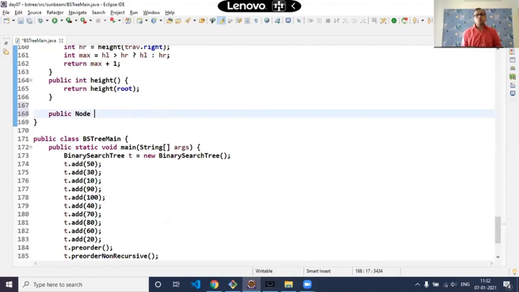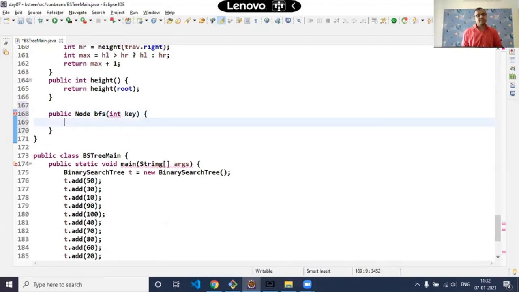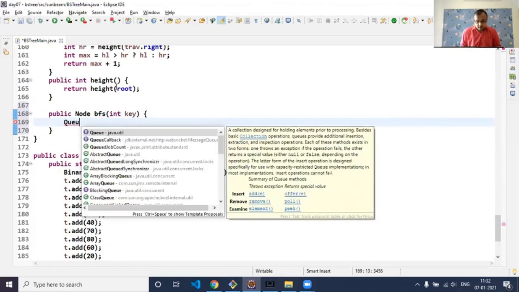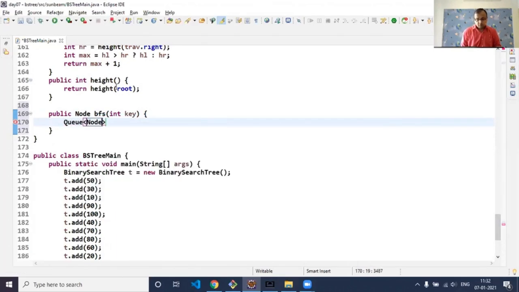Right now I am returning a node here. To be frank, returning a node is not really a good practice, but still I just want to keep it simple. And the key to be searched, I'm passing it over here. And let us repeat the algorithm. It is a queue of node that we want to create. Queue of node, queue is equal to new